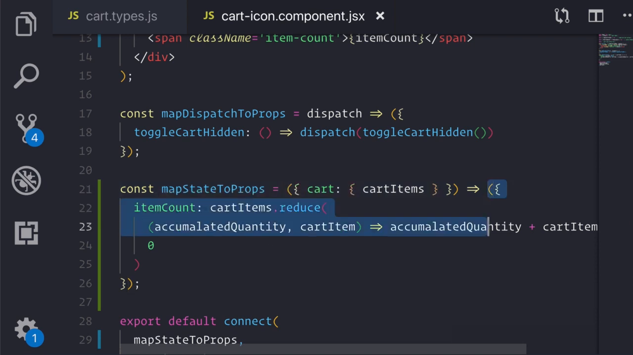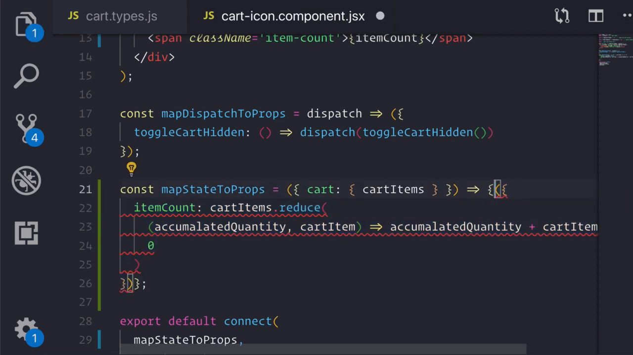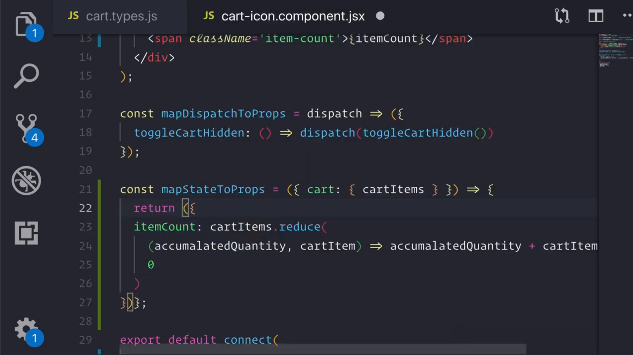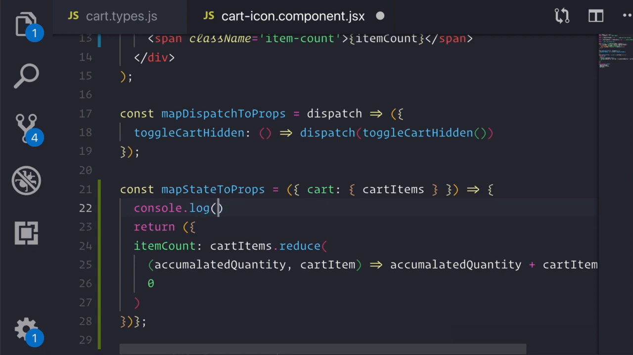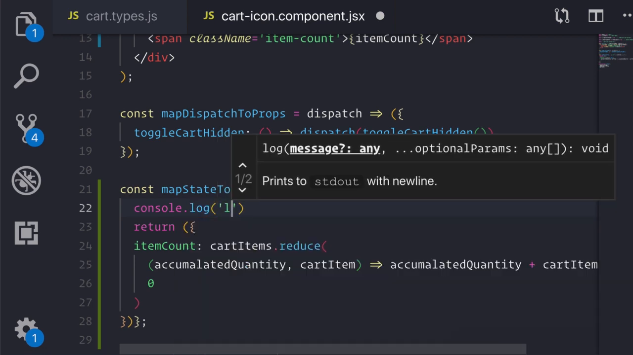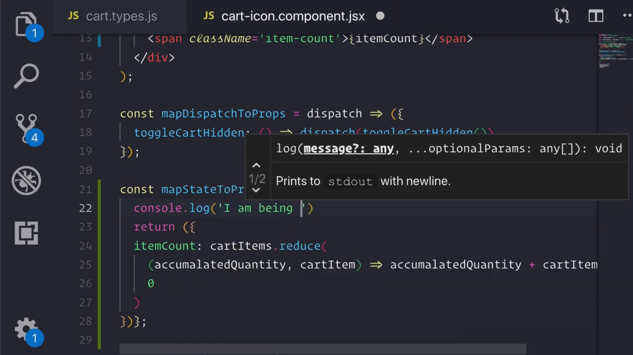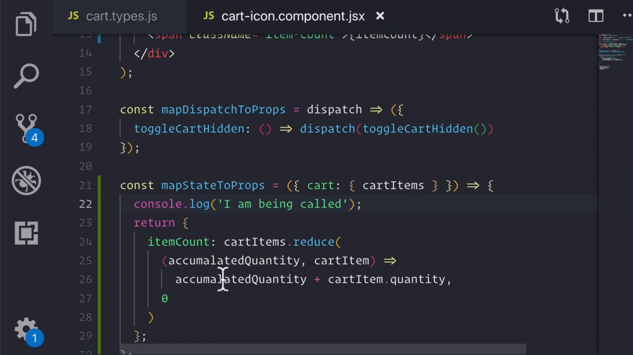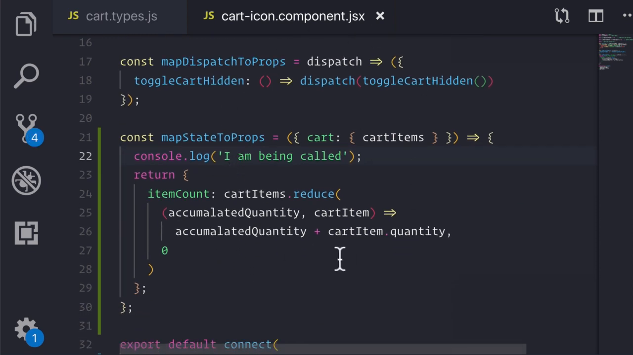Now, I can actually show you how this will happen. Let's say, for example, we console log whenever mapStateToProps gets called. And I'll say, "I am being called." So even though our cart icon component only cares about cart items,